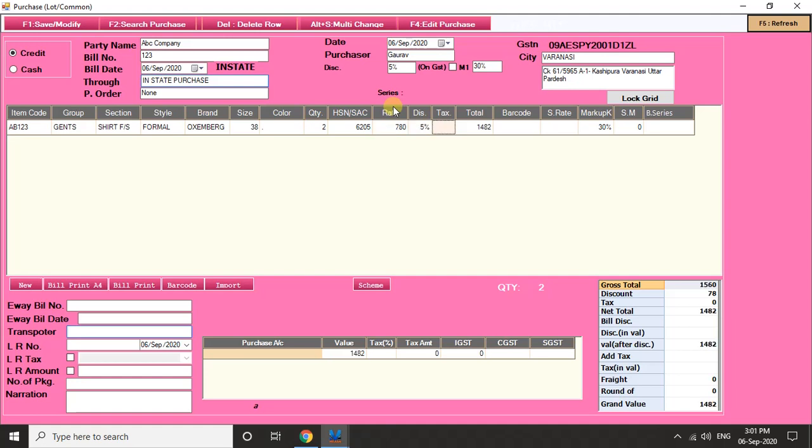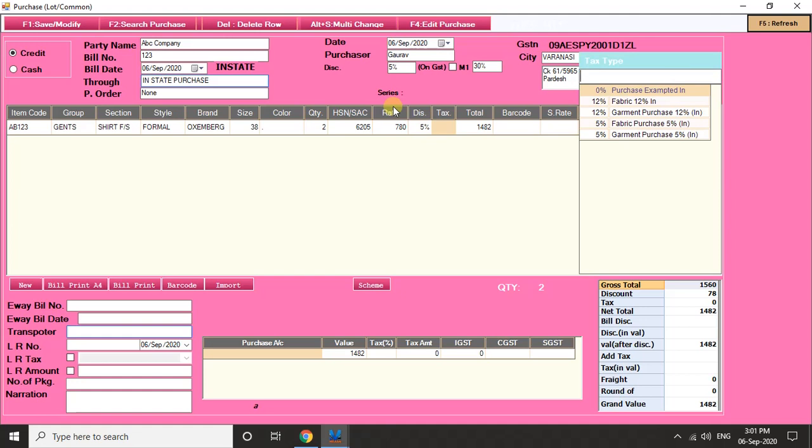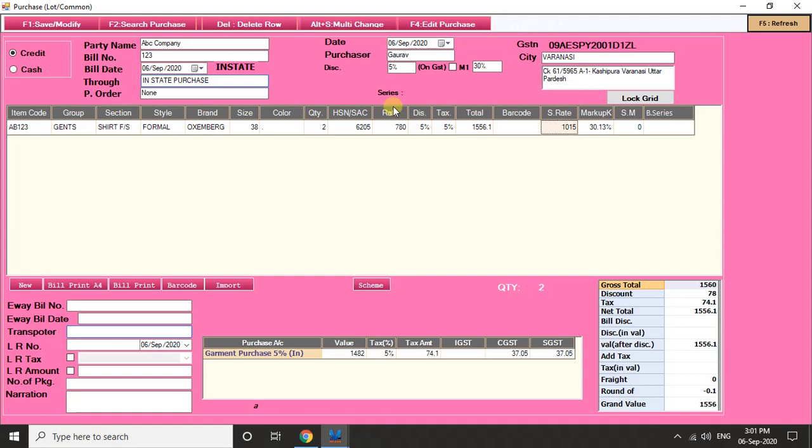780, and tax. So taxes are of following types in garment sections. It's 5%, and for garment purchase we will write 5%, and it's calculating the markup according to the software which is put up here. Now you could calculate it from the computer also or a calculator, so that you get the right value. If you wanted to write the rate by your own, you could write it here. Hope you understand. And if you wanted to show it on the markup, you just press enter and it's the default value.